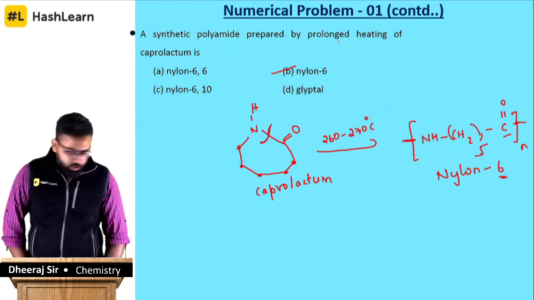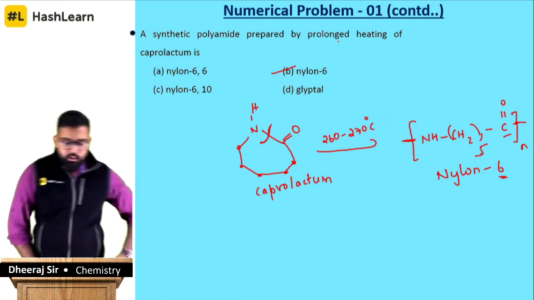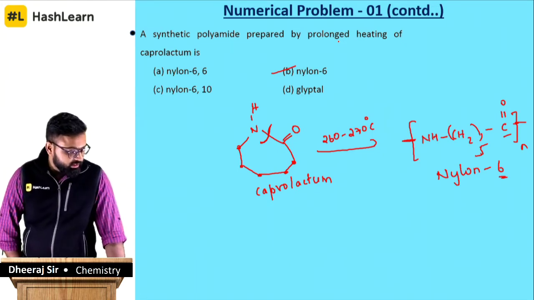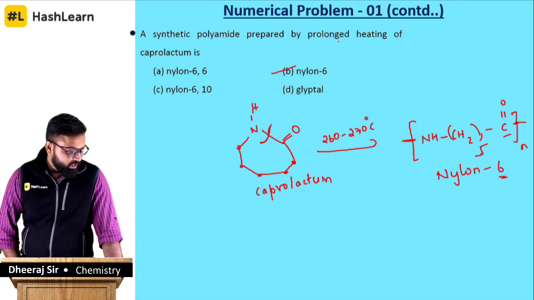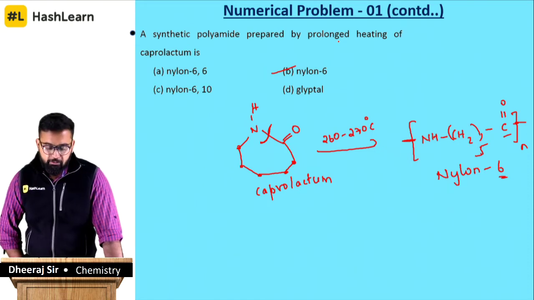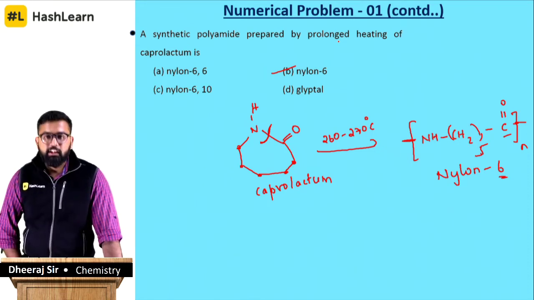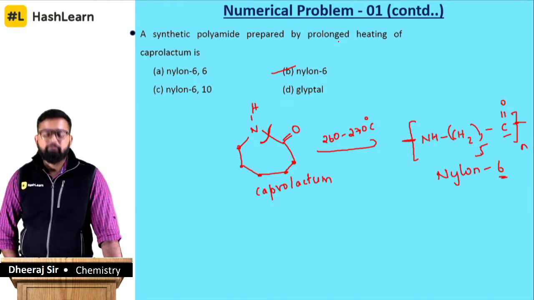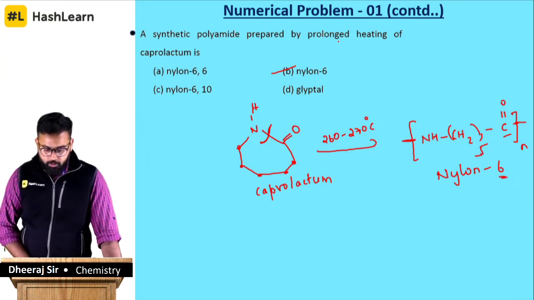No worries, people were not able to give us the right answer, but I hope you guys have followed. Nylon 6,6 is what Yogesh said, and Peru and Sakshi said it's glyptal. No, both of them are formed from different monomers. If I have a single monomer which is going to help me in forming a polymer, it has to be caprolactam. Hope you guys have understood. Moving ahead,